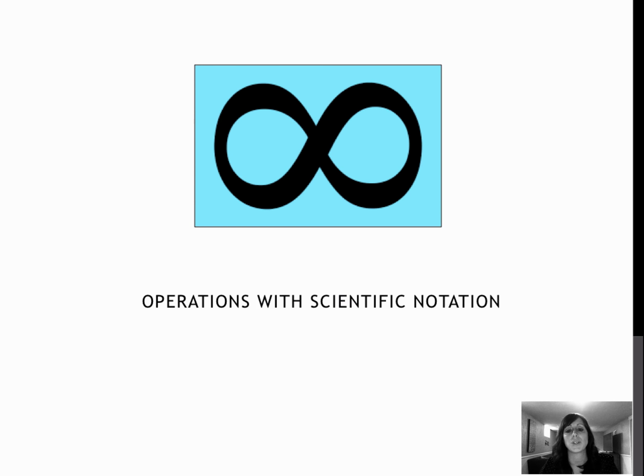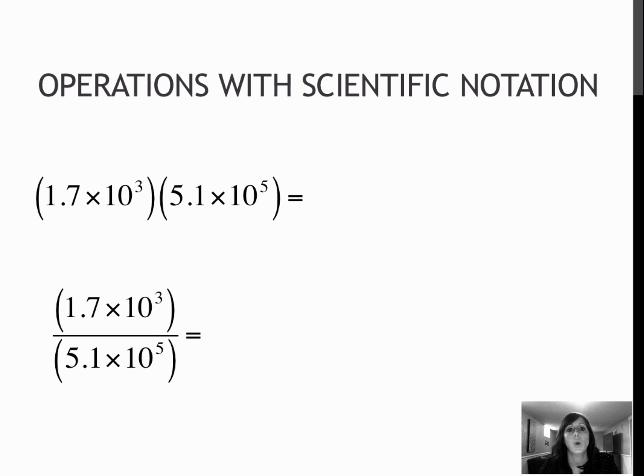When we do operations with scientific notation, we're going to focus on those first values and the second values sort of as separate entities. So in my first question, I'm going to look at the 1.7 and the 5.1, and I'm going to multiply them like I normally would. And when I do, I get